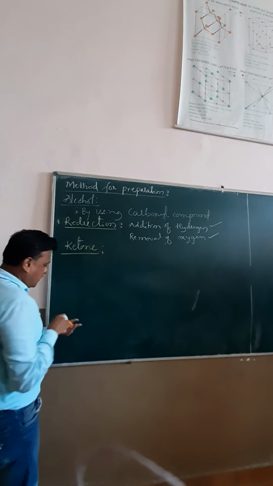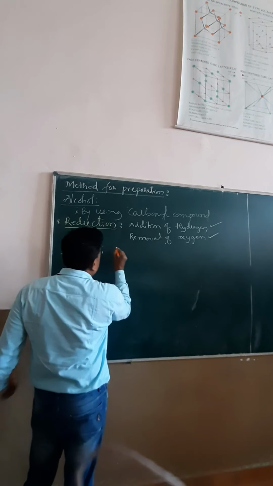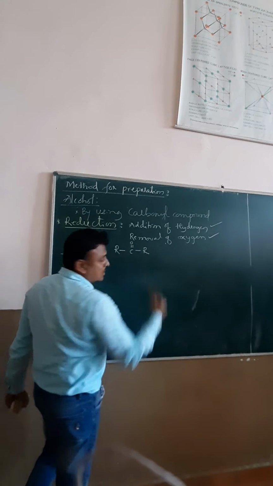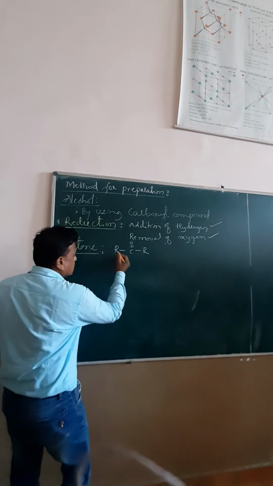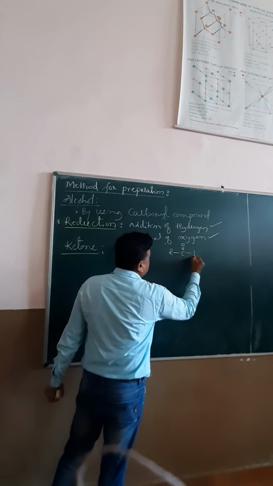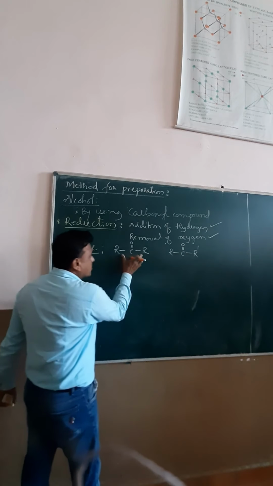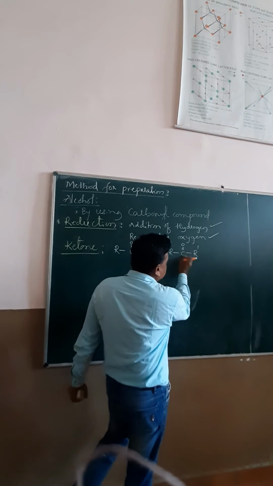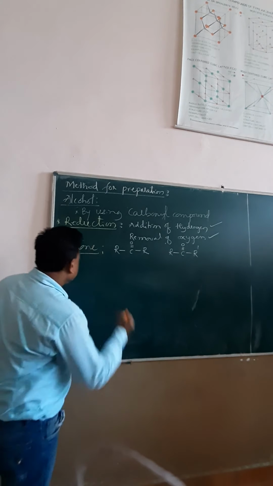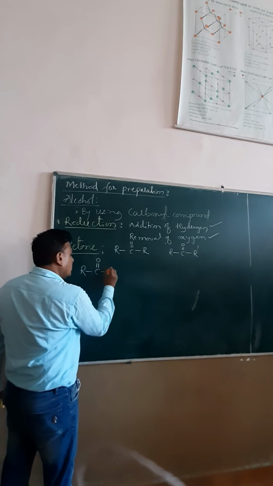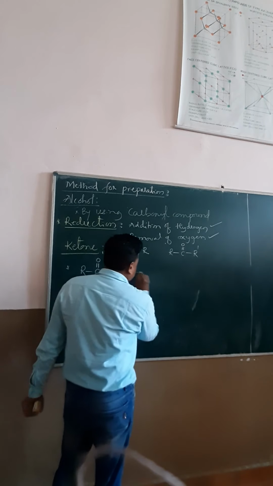Yes, you know from PUC first year, the ketone general formula is R-C double bond O-R. There are two types of ketones: symmetric ketones and asymmetric ketones. In symmetric ketones the two alkyl groups attached to the carbonyl carbon are the same, and in asymmetric ketones two different alkyl groups are attached to the carbonyl carbon. Very simply, this ketone undergoes reduction with the same catalyst.